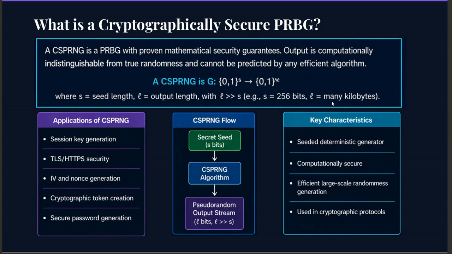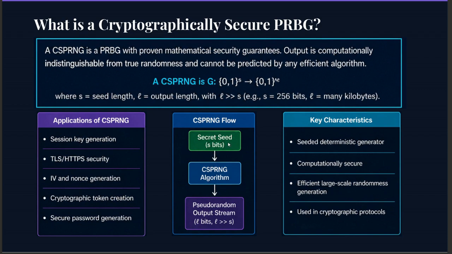Now, one very important thing students misunderstand: CSPRNGs are actually deterministic, meaning the same seed always produces the same output. The question becomes, if deterministic, how can it be secure? The answer is that security comes from computational hardness. Even if the attacker knows the algorithm, the mathematical design, and implementation details, they still should not recover the seed or predict future bits. This follows Kerckhoffs's principle. The security must depend only on the secret seed, not a secret algorithm.